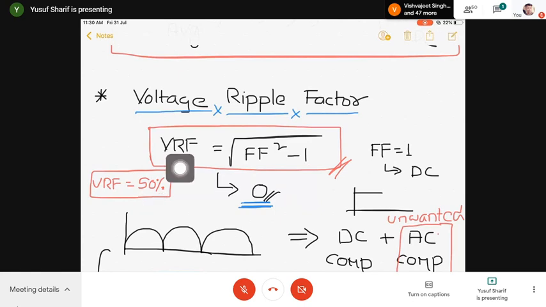It is not that we are simply calculating voltage ripple factor as under root form factor square minus 1 and getting some result. You'll be able to analyze that result also. Or I could simply have said ripple factor is equal to under root form factor square minus 1, that's it. I'd give you a waveform, ask you to calculate form factor, and from there you'd calculate the voltage ripple factor, but you would not have the actual idea of what you are calculating. What I'm actually calculating is the percentage of AC component present in the rectified output. Is that clear? That is the significance of your voltage ripple factor.